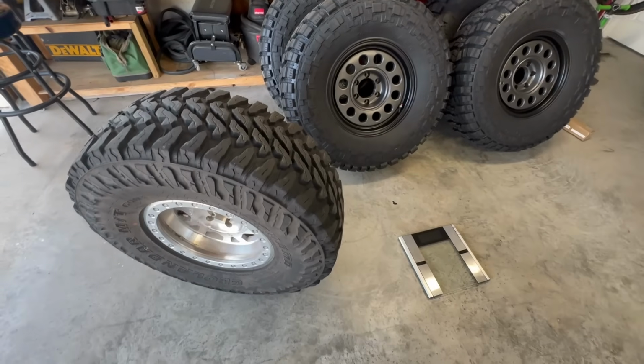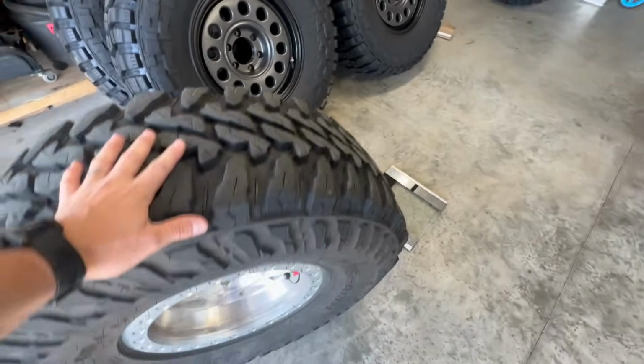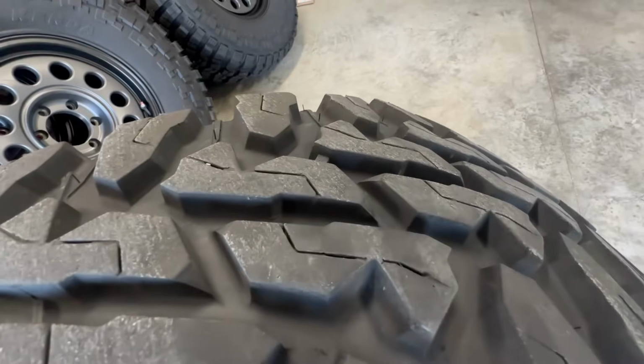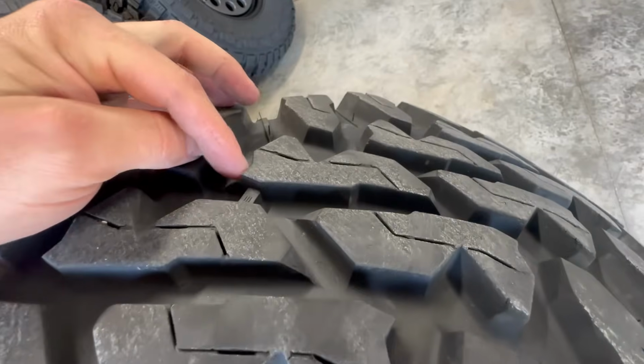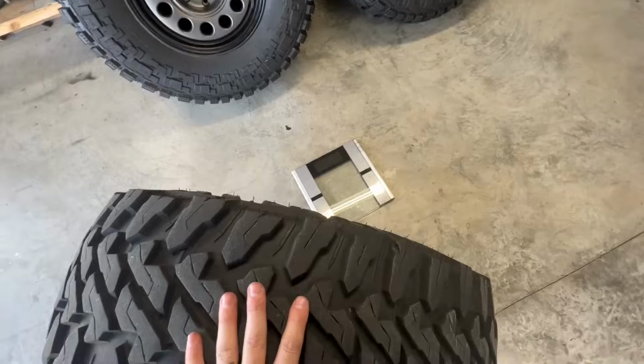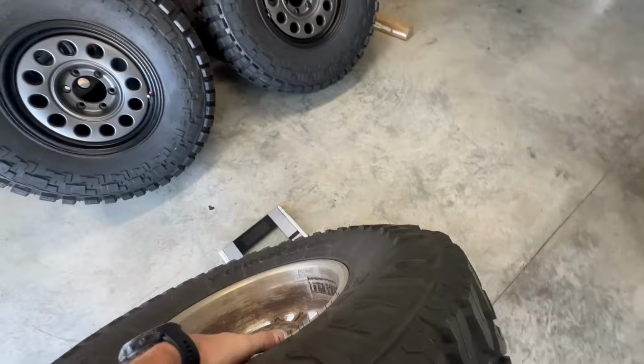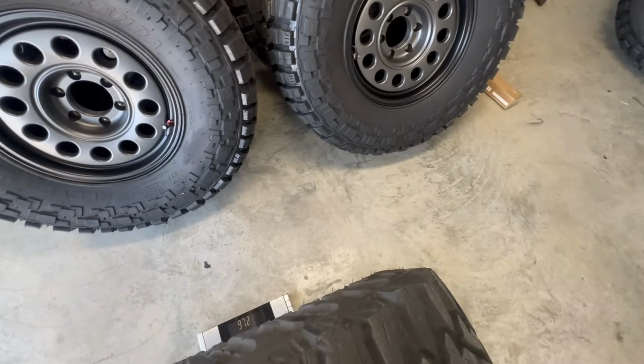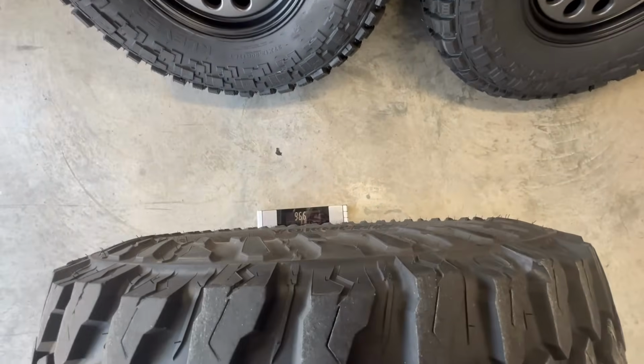All right, for science, we're gonna weigh these two. So this is not super fresh, but definitely plenty of life left. You can see the wear indicator right there. A lot of meat left still. I don't think I can do this one-handed. Actually, let's try. Okay, here we go. This is not my wife's scale or anything. All right,